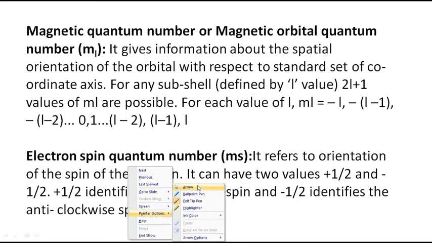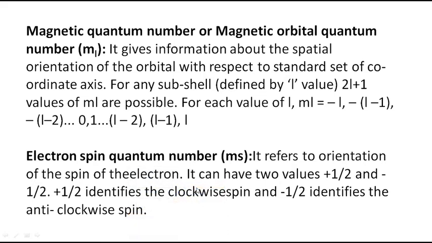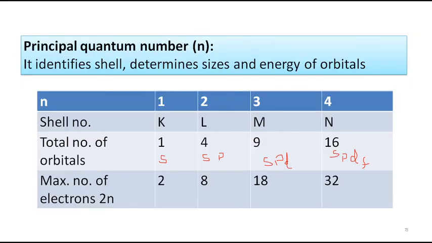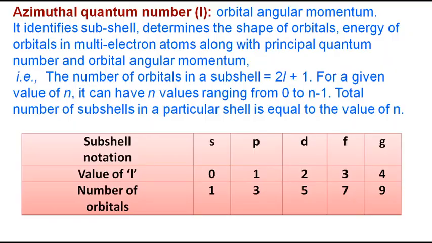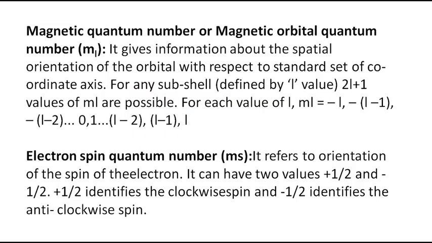Okay, what is the spin quantum number? Spin quantum number means any electron can have 2 different orientations, or an electron can spin clockwise and anti-clockwise. So I told you in s orbitals 2 electrons can be accommodated as a maximum. One electron, if it spins clockwise, the other electron would spin anti-clockwise. But 2 electrons will not have the same spin. If one electron rotates clockwise, the other electron would rotate anti-clockwise.